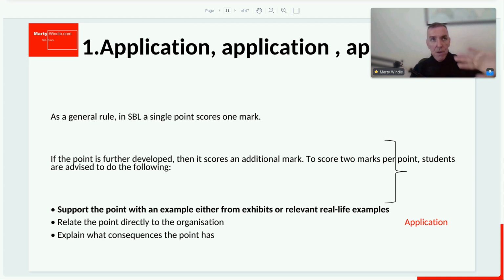I always tell my students, what should a paragraph look like in the exam? For the first two sentences, make your point. Then it should have an example, and then it should have a say why. Say why it's relevant, why it's important. When you're framing your answer, you don't write down 10 points for a 10-mark question. You write down 5 points, and each point should be supported by an example and a say why.